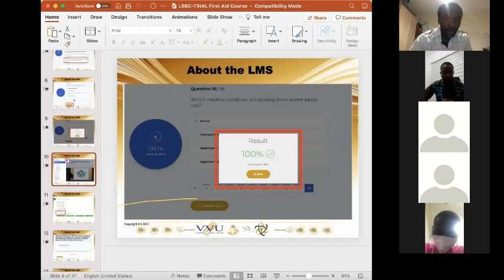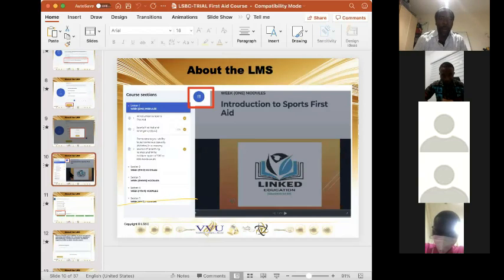Slide 10. So please take note of slide 10. On the top left, you'll see a navigation bar highlighted with a square red highlight around it. This square gives you the opportunity to move on to the next module.